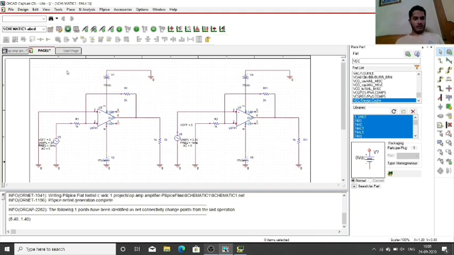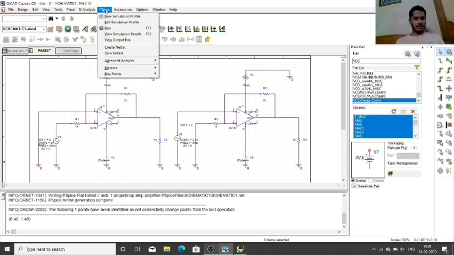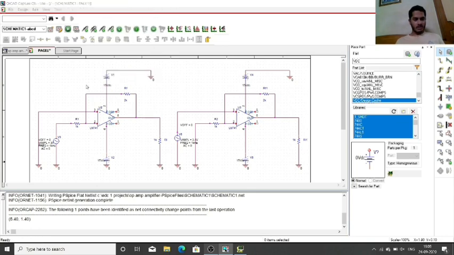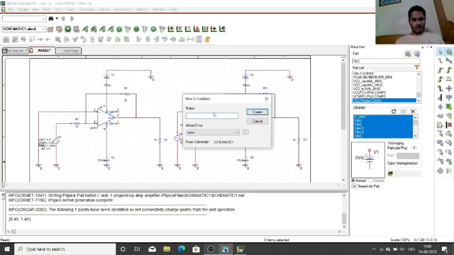In order to run the simulation, we first need to create a PSpice simulation profile. Go to the PSpice option and click New Simulation Profile. Enter any name, so I'll enter ABCE. Click on Create.